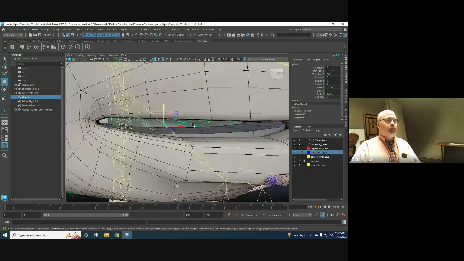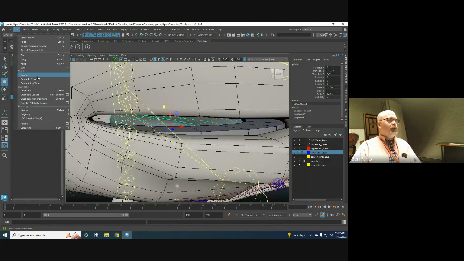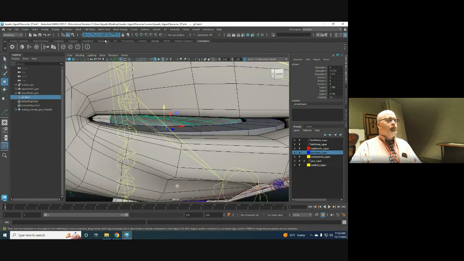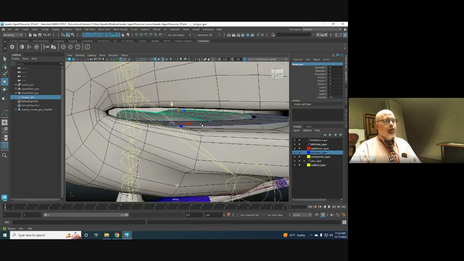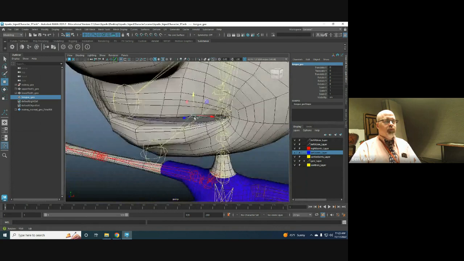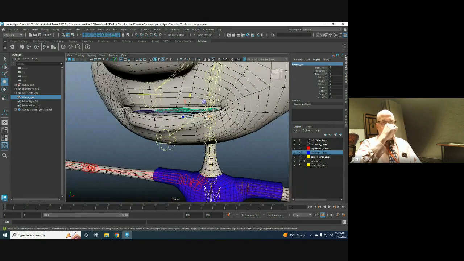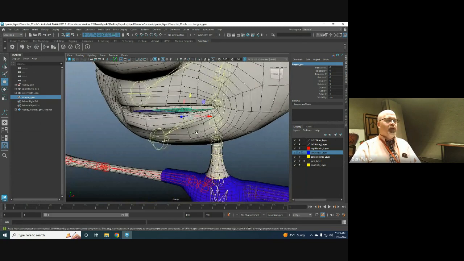So this will do for me. Now that I have it, delete my history. Make sure you do. This is very important in this case. Freeze transformations again, and name it TONGUE_GEO. But stress that because I hate it when people misspell tongue. It's T-O-N-G-U-E. That's how you spell it. All right,